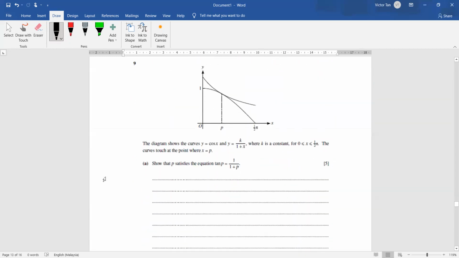The diagram shows the curves y equals cos x and y equals k over 1 plus x, where k is a constant. x is between 0 and half pi. The curves touch at the point x equals p. Show that p satisfies the equation tangent p equals 1 over 1 plus p. So you have cos p touches